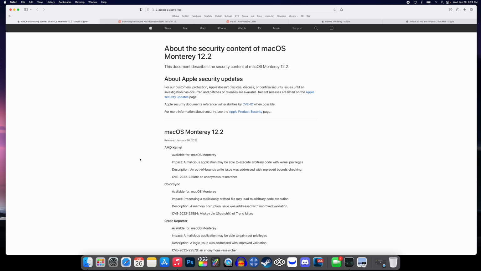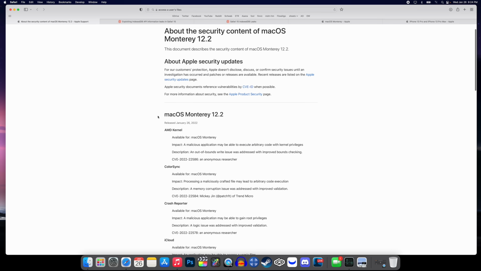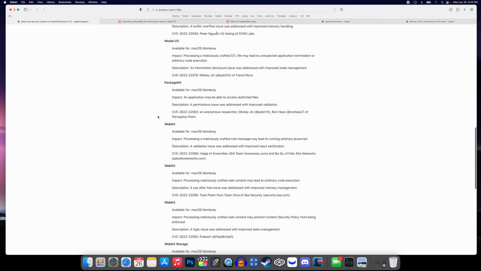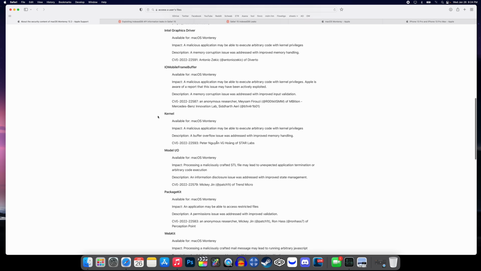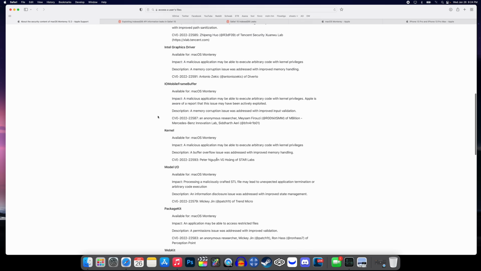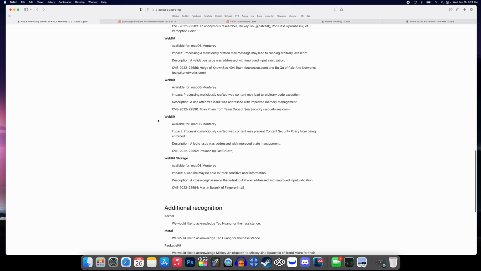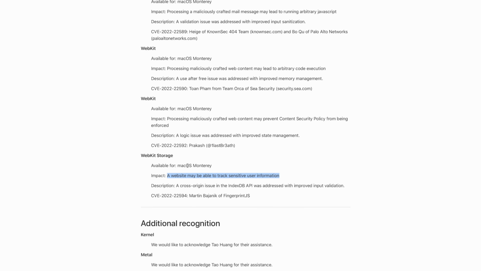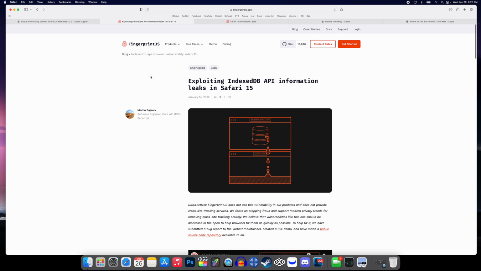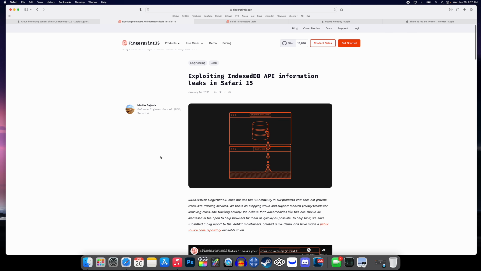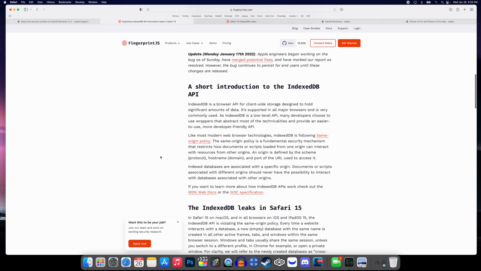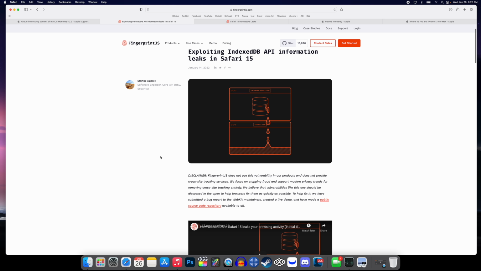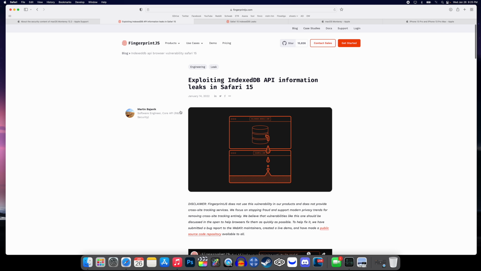Now, perhaps the biggest changes in macOS Monterey 12.2 are the security patches. You can see here there are several security patches in this update, all of which are important. But the most important one is the one at the very bottom, the WebKit storage bug, where a website may be able to track sensitive user information. This of course made tons of headlines, and I talked about this several times here on the channel. It would basically leak out your Google IDs, and you would be able to see browsing history when exploiting